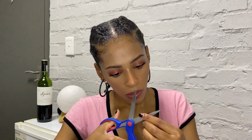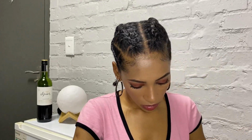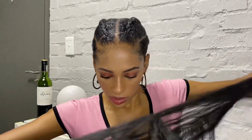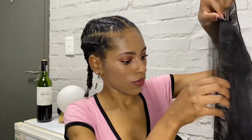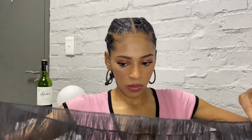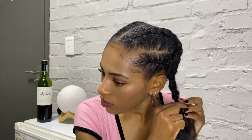We are then going to proceed with scissors and cut the bundle in half, because I didn't want to use 2 bundles, since it was going to make my pigtail bulky. I really didn't want it bulky. I wanted it to be thin but not too thin, so that's why I'm just using half and not a quarter. So we are going to take half of the bundle that I cut and then